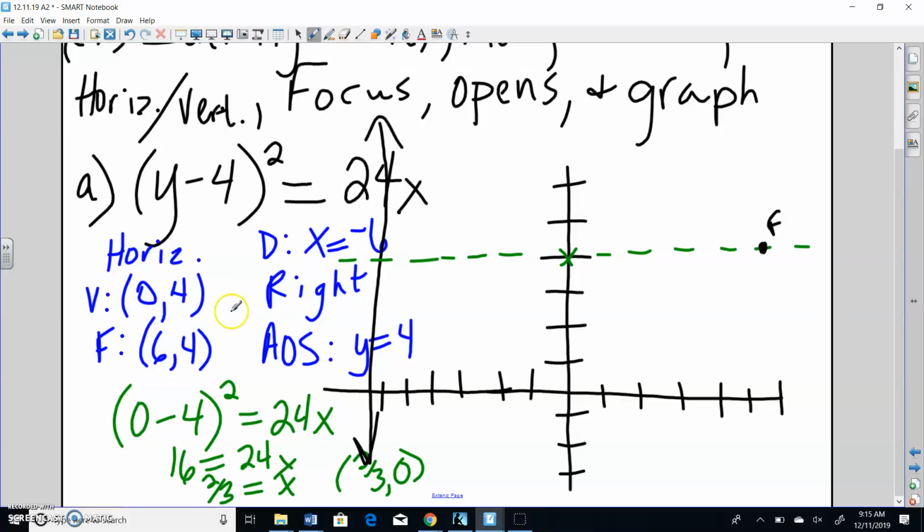And let's see, we've got vertex plotted, focus plotted, directrix plotted, axis of symmetry. It needs to open right. We're going to use the point (2/3, 0) as our other point. So that's about right there. So I'm going to flip that point over my dashed axis of symmetry to get the second point for my graph. So that means 1, 2, 3, 4, 1, 2, 3, 4. I have a point at about there, and I can plot the parabola. It's a super wide parabola. What is the